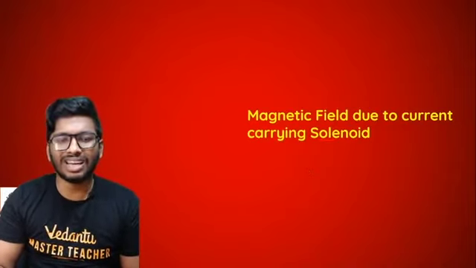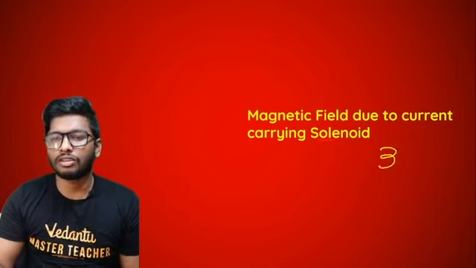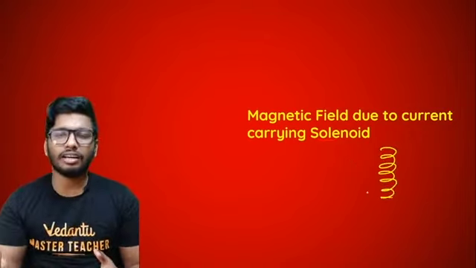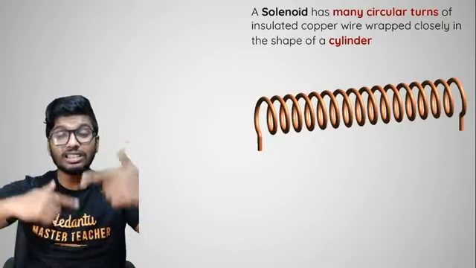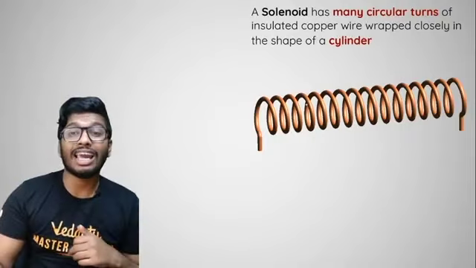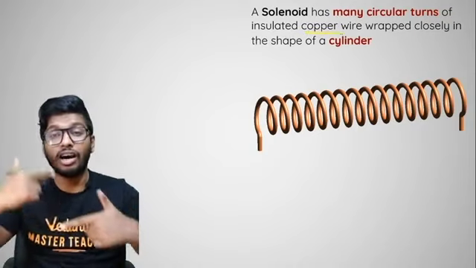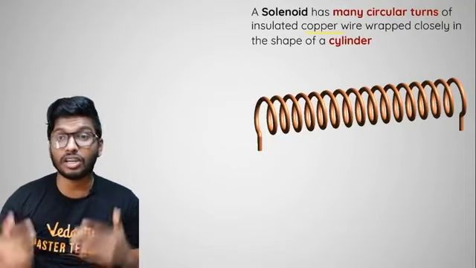So it looks like a spring, basically. So this is what a solenoid looks like. It basically looks like a cylinder, like a spring cylinder, and the shape of that is what is called a solenoid. It has many circular turns like this. Generally, we use insulated copper wires. So what you do, you just wrap the insulated copper wire around like a spring-shaped structure,